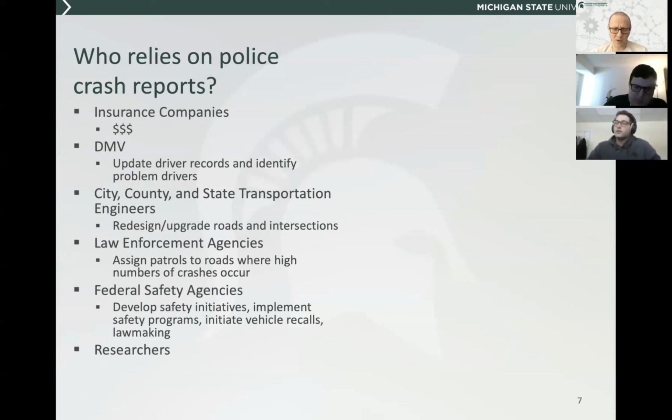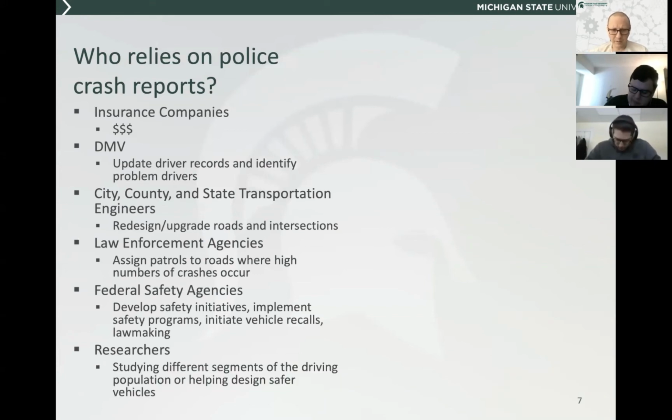And then lawmaking as well, when we look at laws related to drunk driving, or, back when we had national maximum speed limits and things of that nature, a lot of that was driven by crash data largely. And then from a research standpoint, obviously, we use a lot of police crash reports in our own research to try to determine where we may be able to influence crashes through different types of design policies or programs or